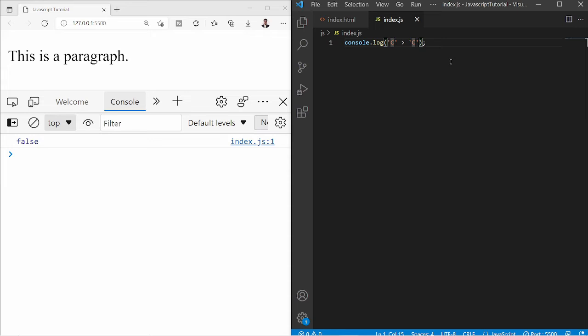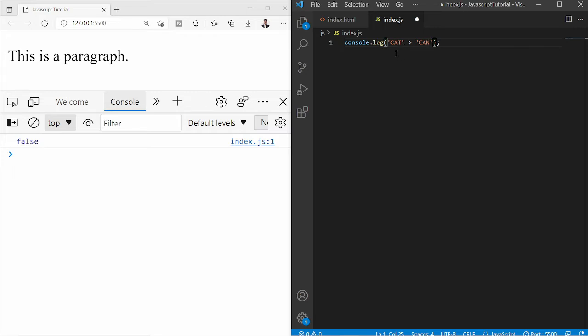Now I'll write c, a and then t, cat. And here what I'll write is can. First of all, let's write ca only. So in that case also ca is equal to ca, and so this will result in false. If I save it, it is still logging false in the console. Now if I write t and then n, then it will say that cat is greater than can.